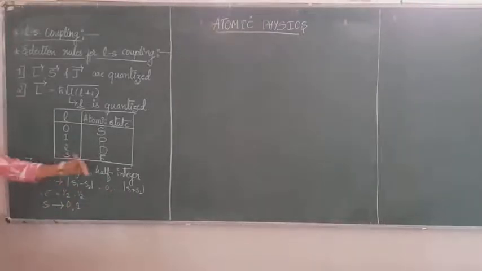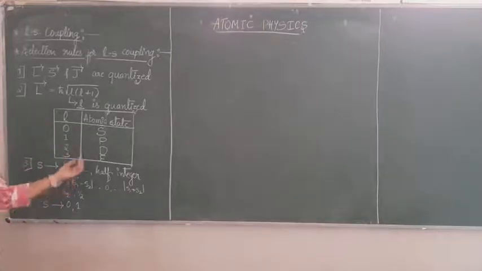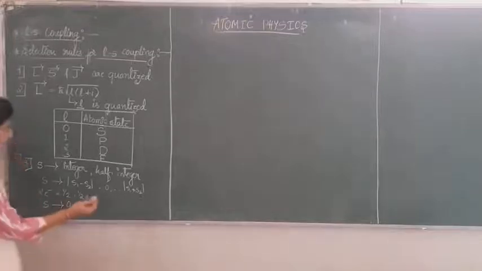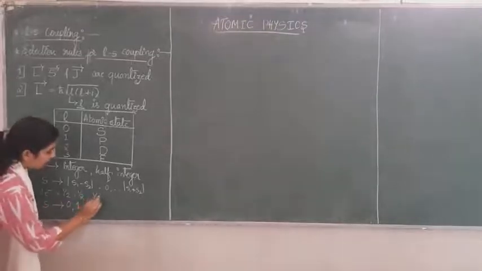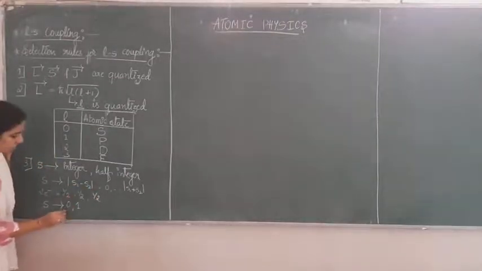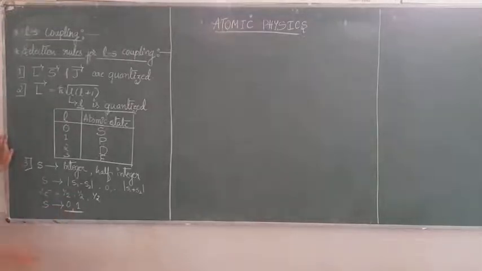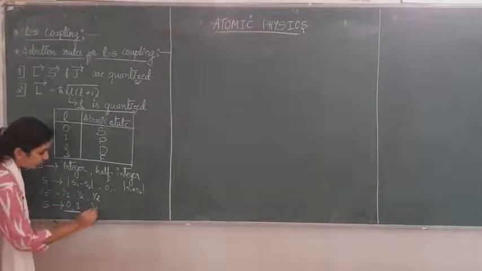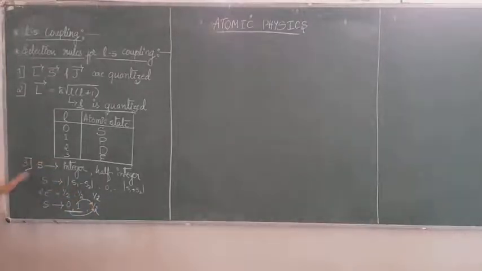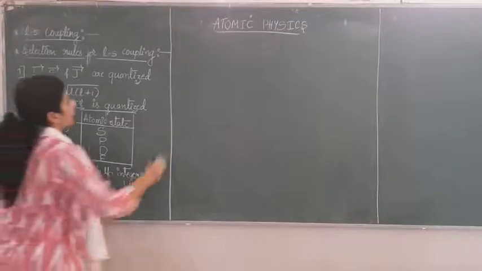So depending on the number of electrons we consider, this S can be either an integer or a half integer. Now, what if I consider a third electron? Imagine this is for 2 electrons. What if there is a third electron? There are 3 electrons. Then these two are going to interact first to give this resultant. This resultant is again going to interact with this half separately. We'll solve these in our problems elaborately, right? So this is the third selection rule.